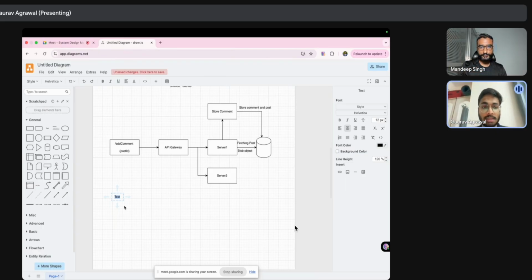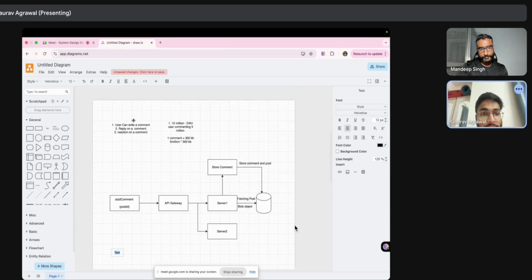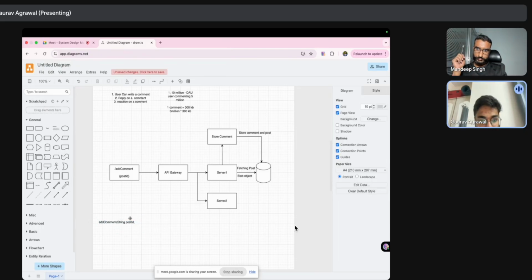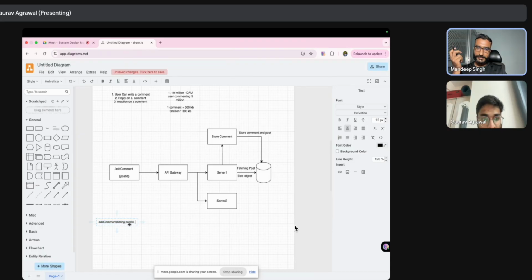Okay. So as of now, I don't think we need to give any details in the response. We could just give a success or failure response. Makes sense. For the request part, we would have a structure somewhat like this: we have this API where we take the first field as a post ID. You don't have to write the data type, it's fine, just write whatever parameters we have. Okay, post ID, so this is going to be the post ID.